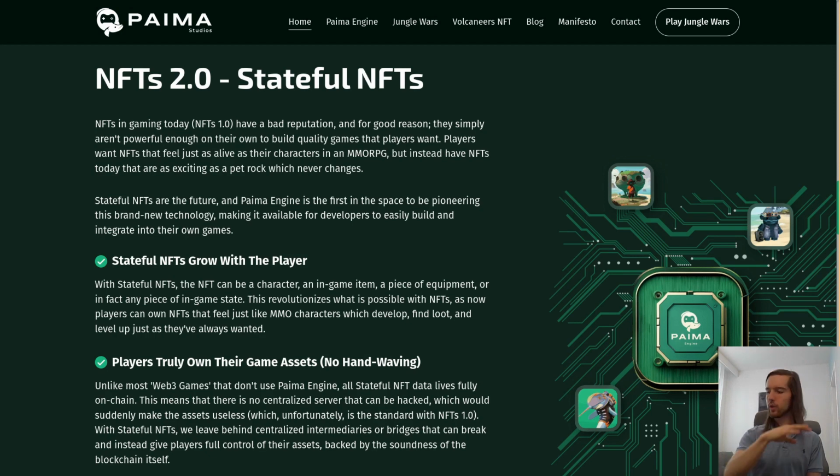After 1 year, we already have Paima Engine working. We're getting close to having that available for external developers. We have stateful NFTs integrated, and we have a lot of core technology like passive time and lots of benefits that no other Web3 gaming project has to date, because they haven't really spent the time and effort to actually go in a new direction where you're not just copying virtual machines from existing projects, but you're actually starting from scratch. We're really excited to see where this can go, and this likely will surpass